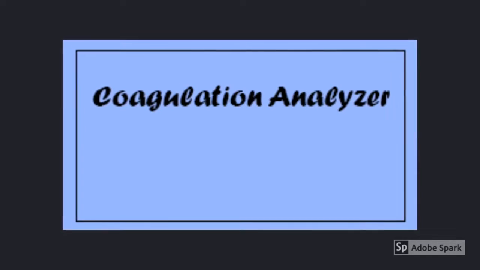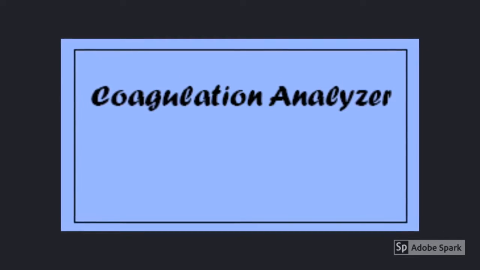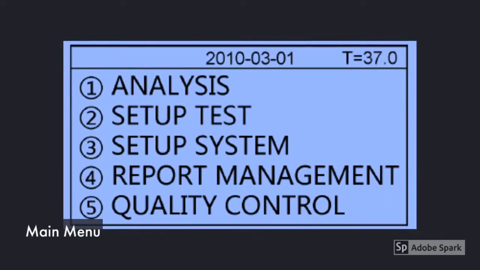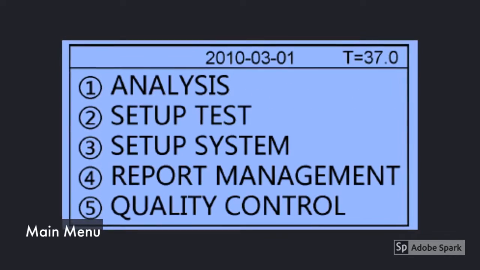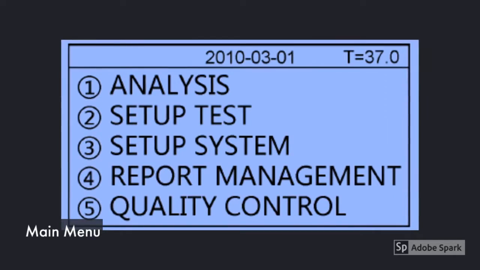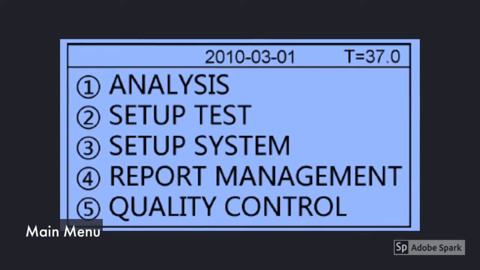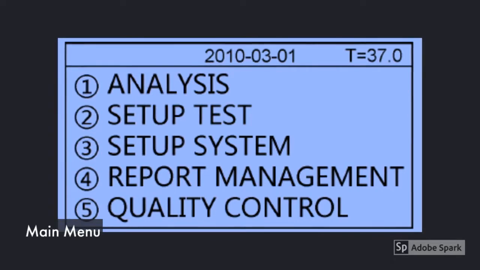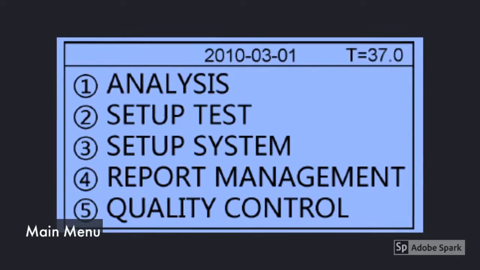After switching on the analyzer, the LCD screen will display Coagulation Analyzer. Press any button to enter the main menu. The main menu consists of 5 options: Analysis, Setup Test, Setup System, Report Management, and Quality Control. To select one of the options, press the corresponding number on the keypad or select using the arrow buttons followed